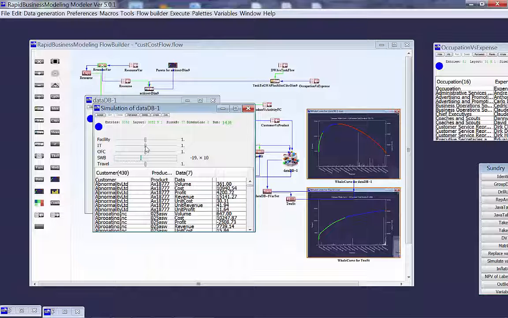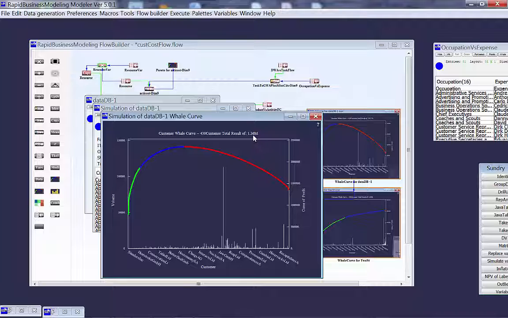So now let's have a look at this data DB with variables. You see the total result, and then we make a whale curve from this. Let's lower SWB, other fixed cost, but higher IT costs. Now we have 1.09M, slightly better, and that's the way you can deal with this. We just used input data, but you can make driver becoming a variable too.